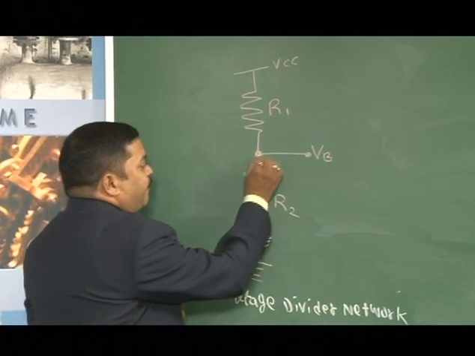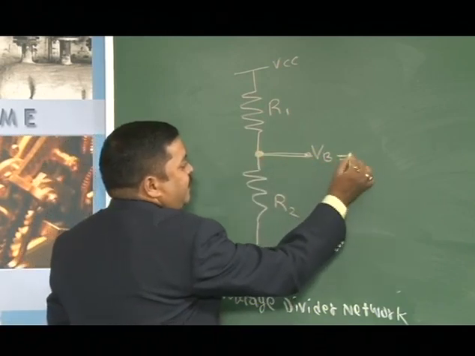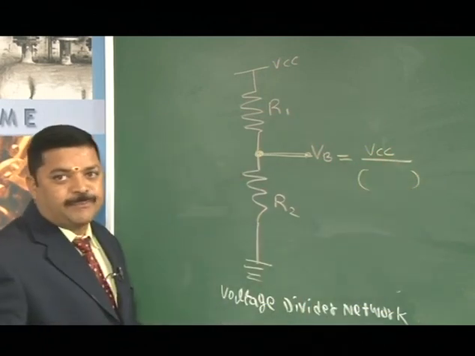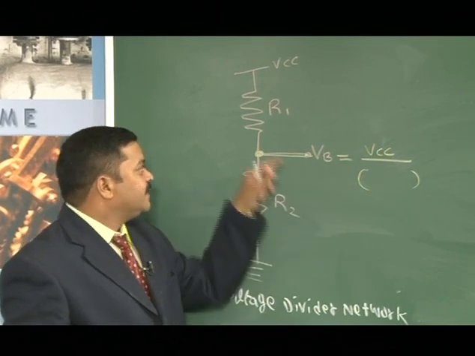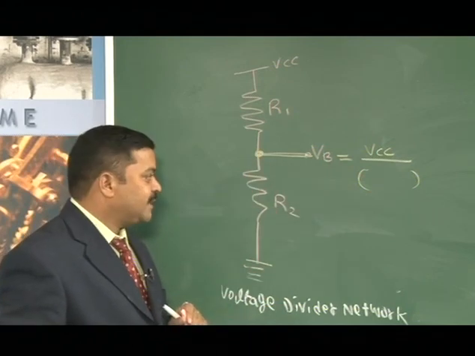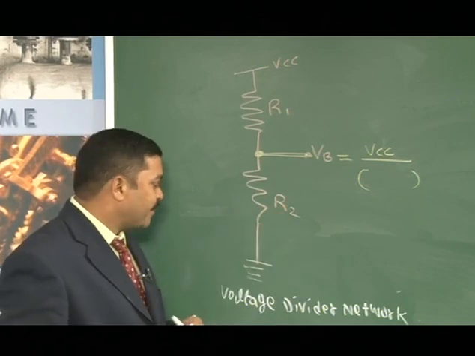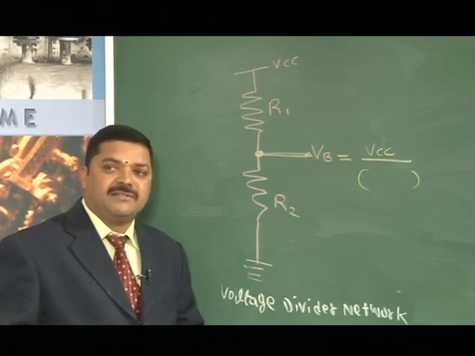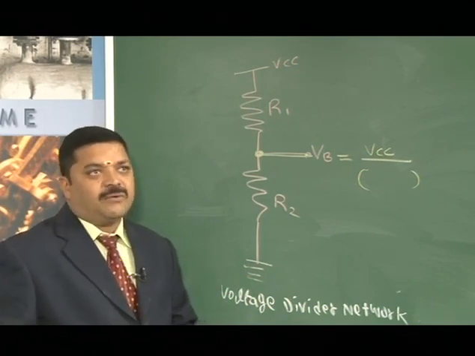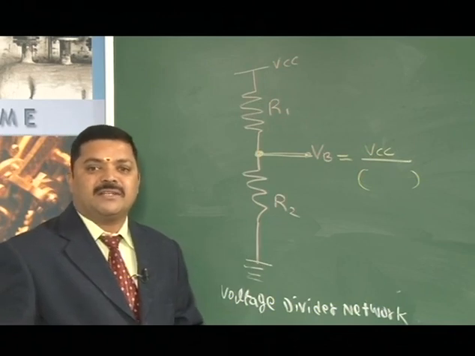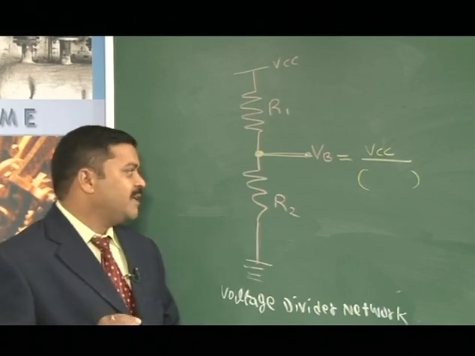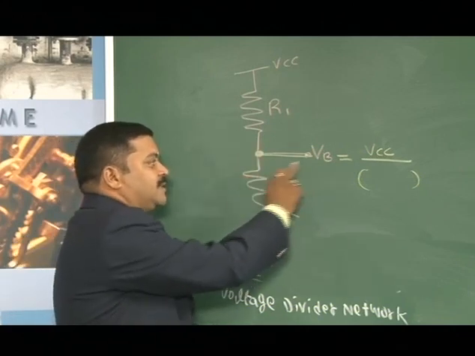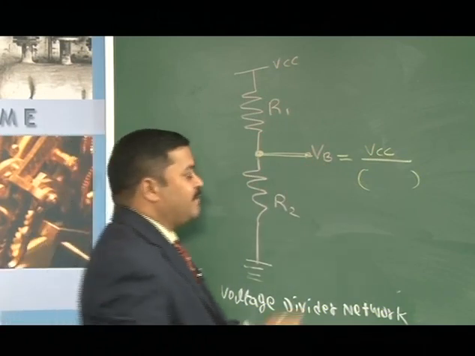At this point, the voltage gets divided. VCC gets divided by some value. We will see what that value is. Because of this reason, we call this network a voltage divider bias circuit, or voltage divider network. Actually, when we come across this type of circuit, we need to apply Thevenin's theorem. Right now, for first year students, Thevenin's theorem is not suggestible. So I will give you a very simple formula for finding VB at this midpoint of the resistors.